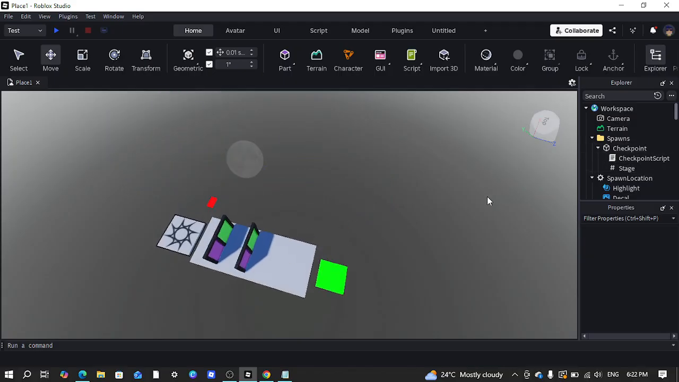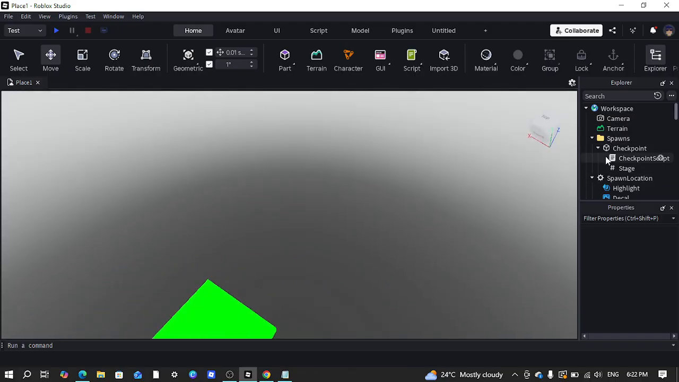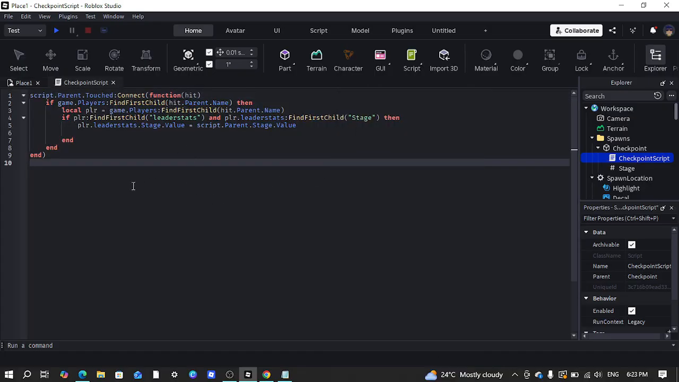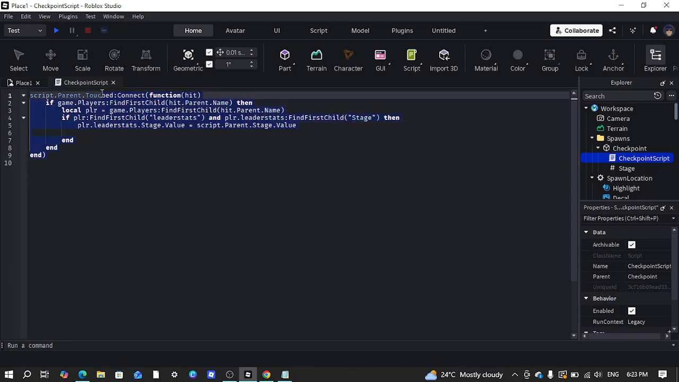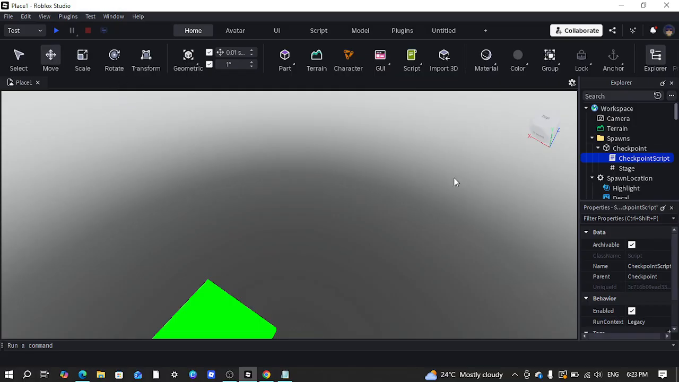Now you have done this, and then you open the script, double click to open, and there will be a default script written there. You can copy and paste this CheckpointScript, which I have written over here, and then to close out you press this thing. And then next